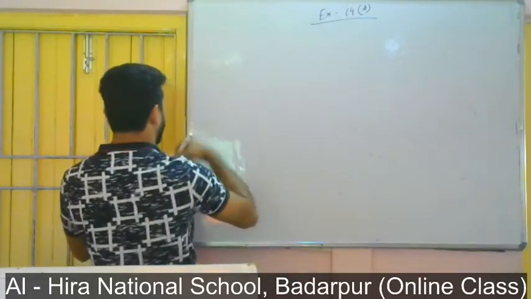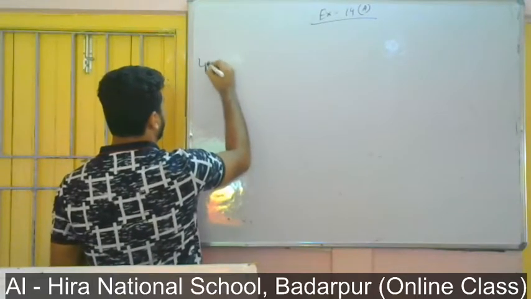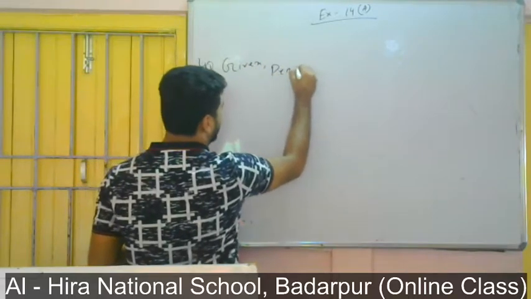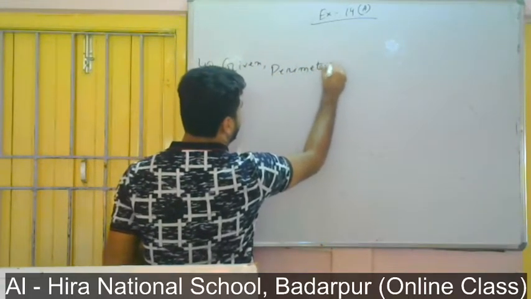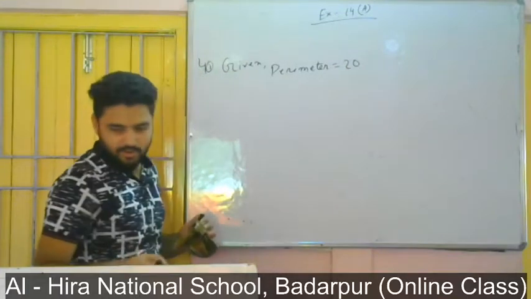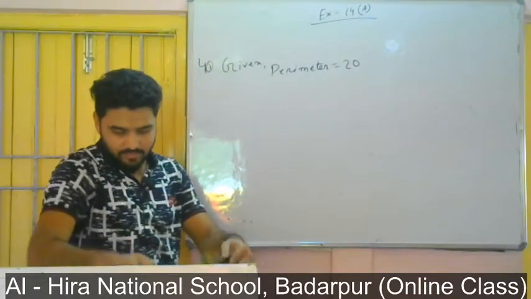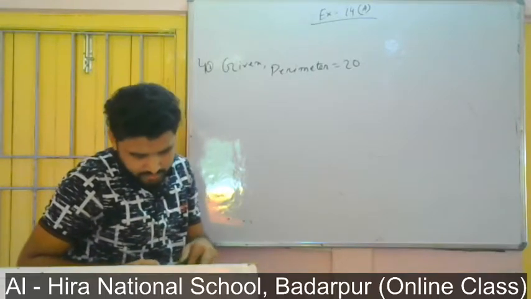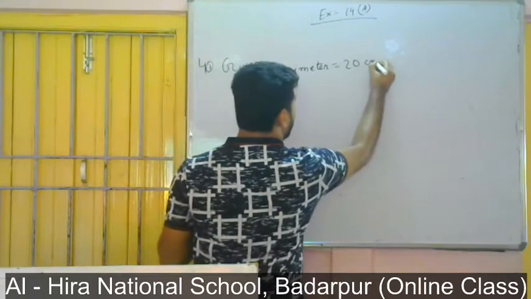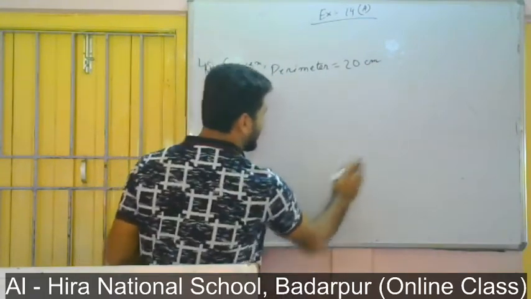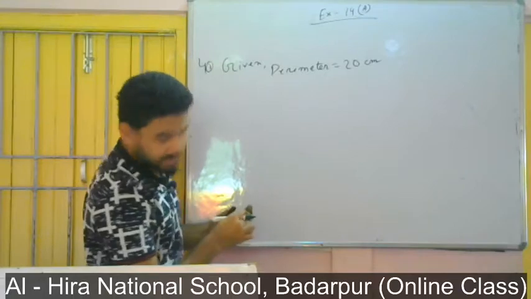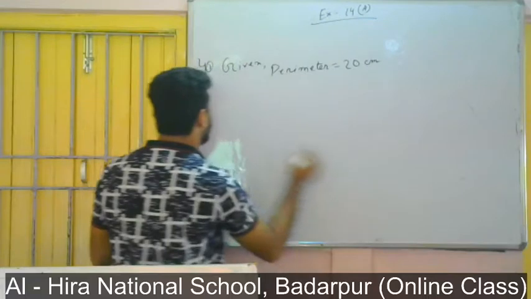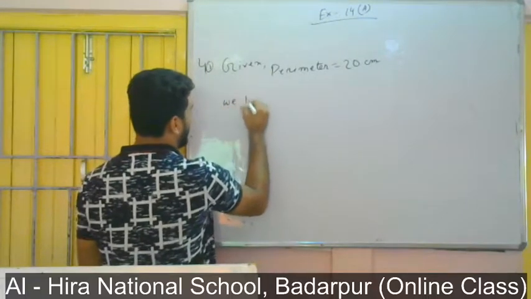Question number 4, you write. Given perimeter equals to 20 centimeter. So you have to find what? Area. Find its area. So from perimeter, first we will find what? Side. So write, we know